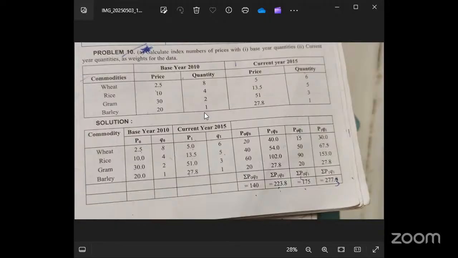Now what next? P1 into Q0: 8 into 5, 40; 13.5 into 4, 54; 51 into 2, 102; 27.8 into 1, 27.8. Now make the total, 223.8 you are getting. So next we need to do P0 into Q1. So P0 into Q1 means